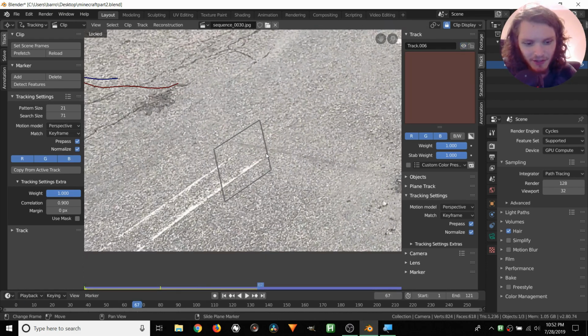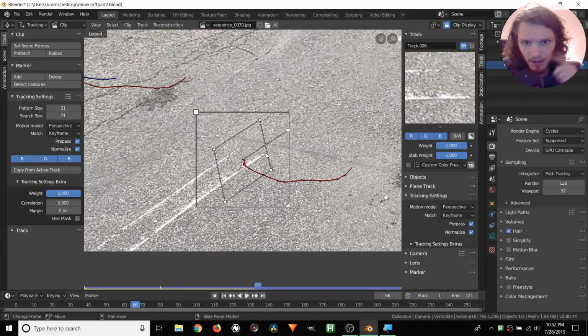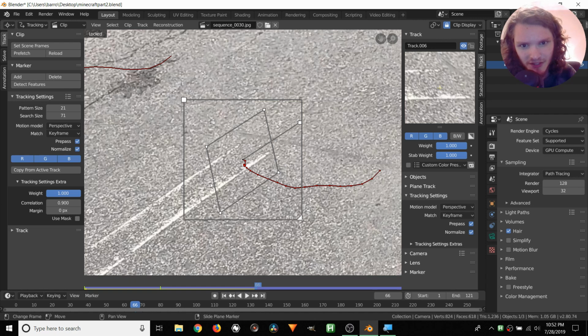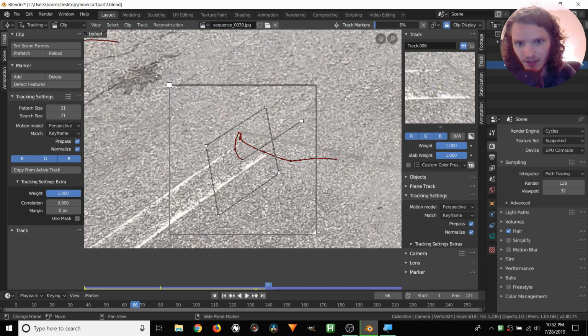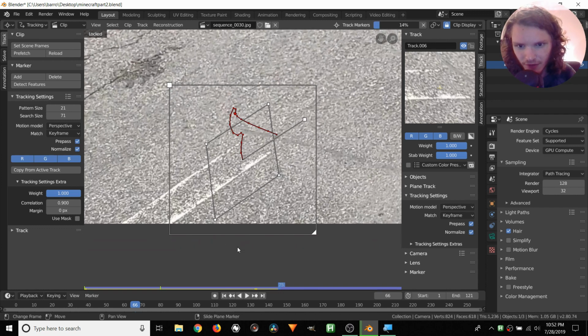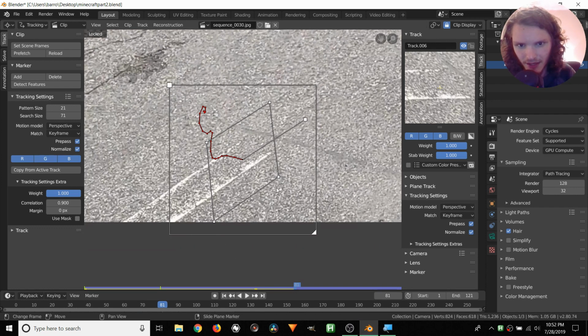I'm thinking this is going to be good. Okay, so I don't think this was a reference issue where it looks so different from the reference, especially since we're accounting for perspective deformation. I think you can see that this is getting almost the size of the search box. So we need to either make the pattern area smaller or the search box bigger, which is what I'm going to do. Control T. And soon I expect this to maybe go off frame. Oh, okay, so it kind of did.